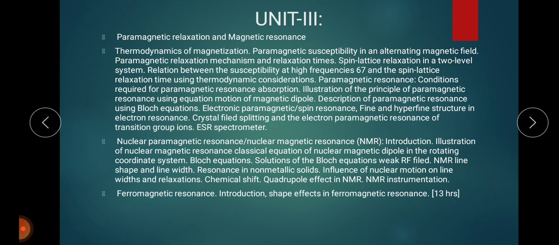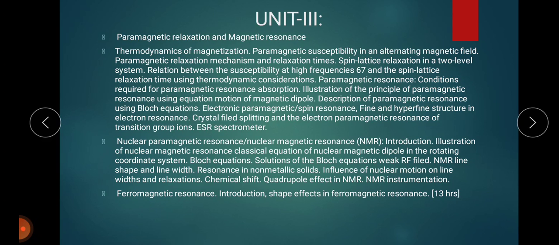and hyperfine structure in electron resonance, crystal field splitting and the electron paramagnetic resonance of transition group ions, ESR spectrometer, nuclear paramagnetic resonance, nuclear magnetic resonance NMR, introduction, illustration of nuclear magnetic resonance, classical equation of the nuclear magnetic dipole in the rotating coordinate system, Bloch equations, solution of the Bloch equation, weak RF field, NMR line shape and line width, resonance in